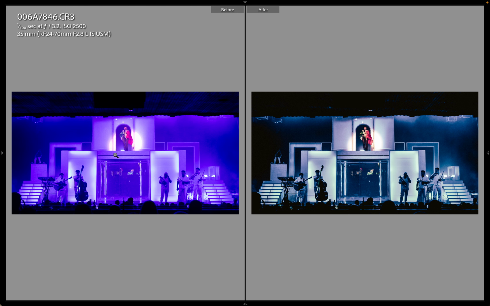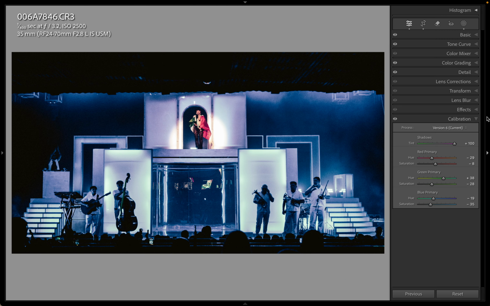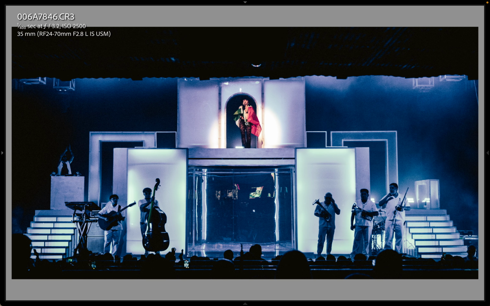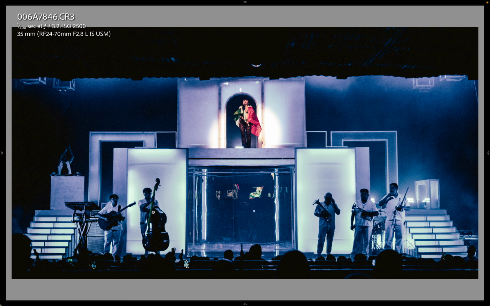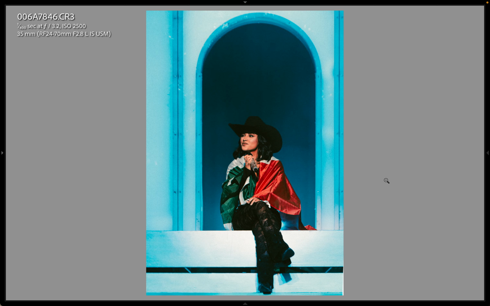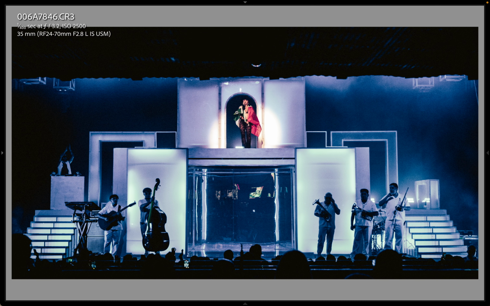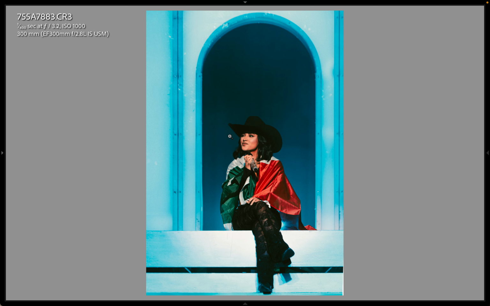This is another one. Similar work on this one. You can see the only saving grace of this one is that the spotlight's on her, which makes her warm, because the rest of the stage is that really strong, unusable color cast. If you wanted to correct it, at least, you can keep the really stylized look like the rest of the stage has here. But I really wanted to get the colors right on her because of the flag wrapped around her. It was a really nice moment. Someone in the crowd had the Mexican flag, and she grabbed it from him and wrapped it around her and sang this whole song with it.